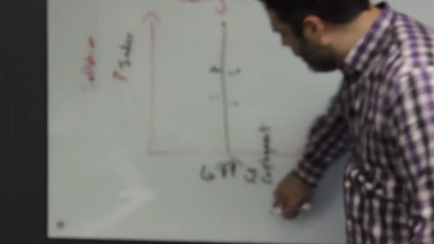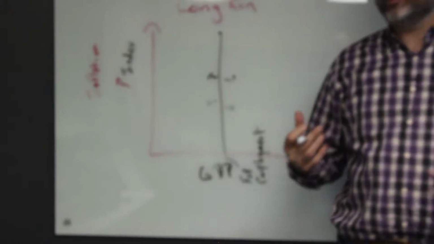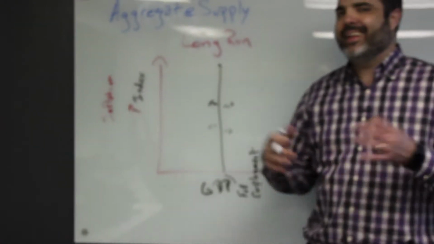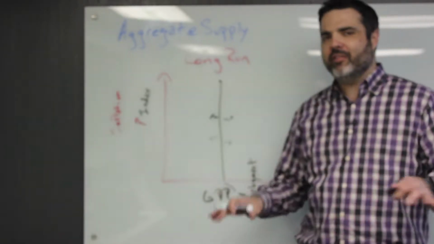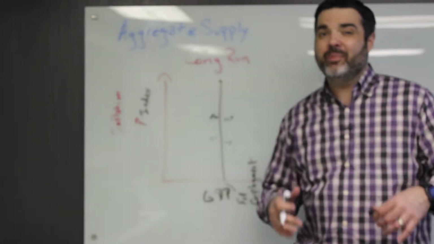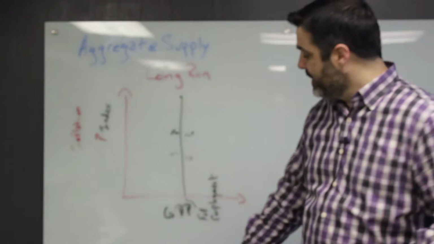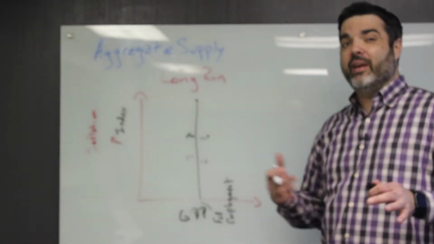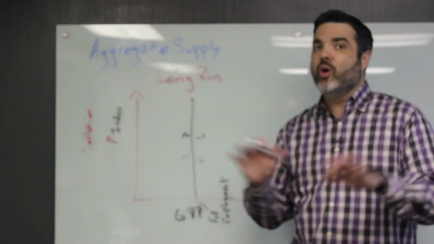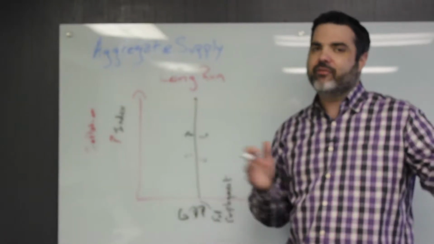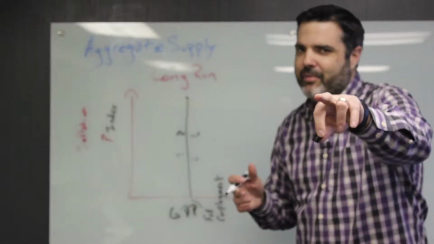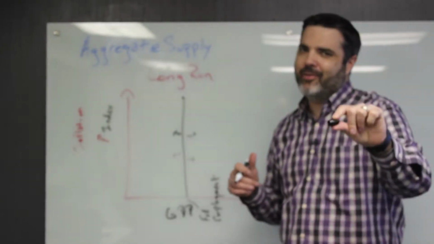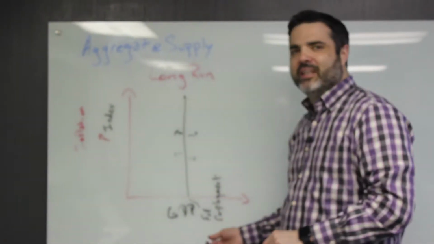Full employment. Now remember what we've talked about. Full employment doesn't mean everybody has a job, right? Full employment is not the place where everybody has a job, because when everybody has a job, we have problems. Full employment is the place where we have no cyclical unemployment. We only have frictional unemployment, and whatever the other type of unemployment is that we talked about that I can't remember right now. But we have no cyclical unemployment.